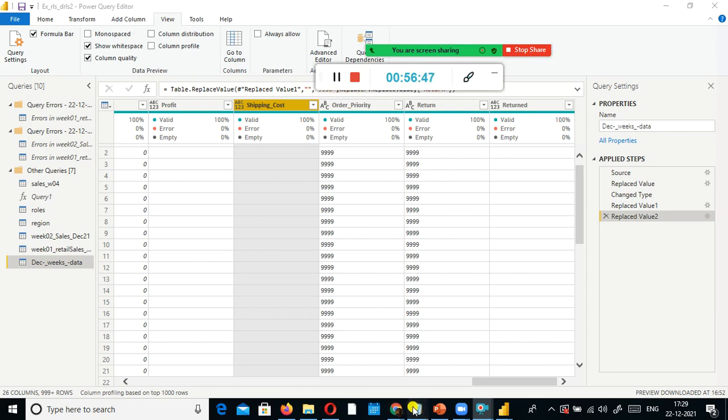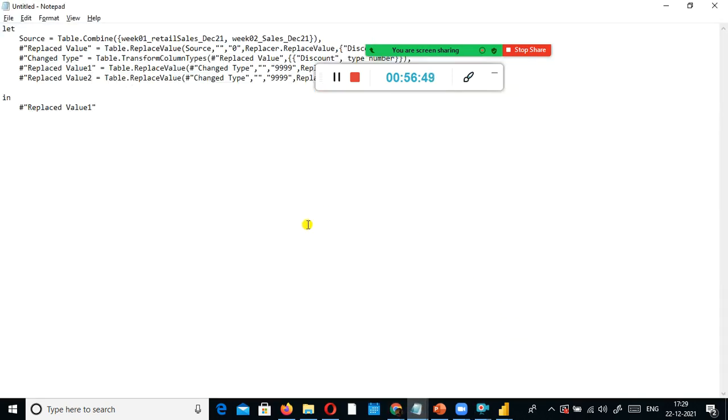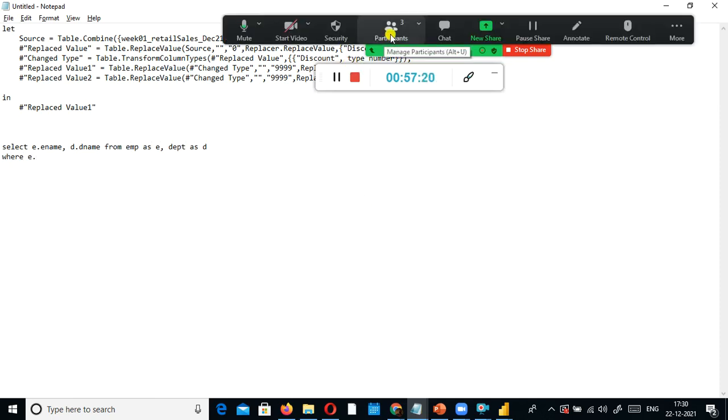You understood? See, in the case of a select command, I just repeat the same thing: E dot ename, employee name, comma D dot dname, because the department name is not available in the employee table. EMP table as E and depart as D, right? So where E dot, which one will you join here? Vijayakant, can you type it in the chat window so that I can see if you are able to understand this?